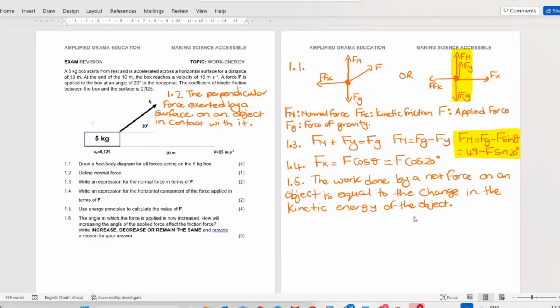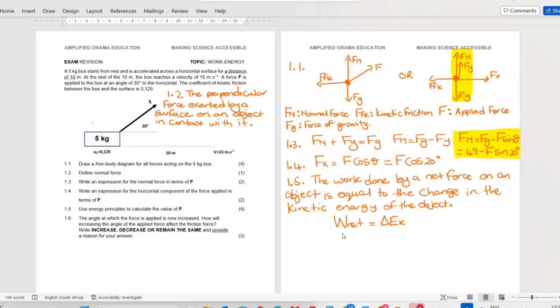Of the object. So that's the statement. That's pretty much what the work-energy theorem says. And so to write that as a formula, you would say net work is equal to the change in the